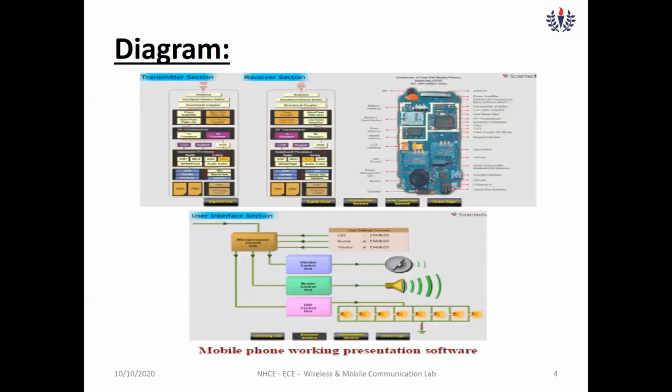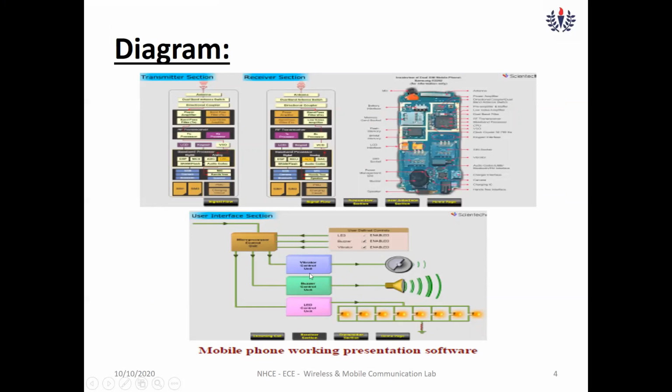And this is the diagram of your trainer kit. The upper diagram shows, these diagrams are available in the trainer kit as it is, and you can see here this is the transmitter section and this is the receiver section. And since it is a dual SIM phone, you can see the dual SIM slot is available, processing unit is available, and user interface unit is available. This is a block explanation, and here we have the real part of your mobile phone, and these parts are explained with the help of the labeling system.